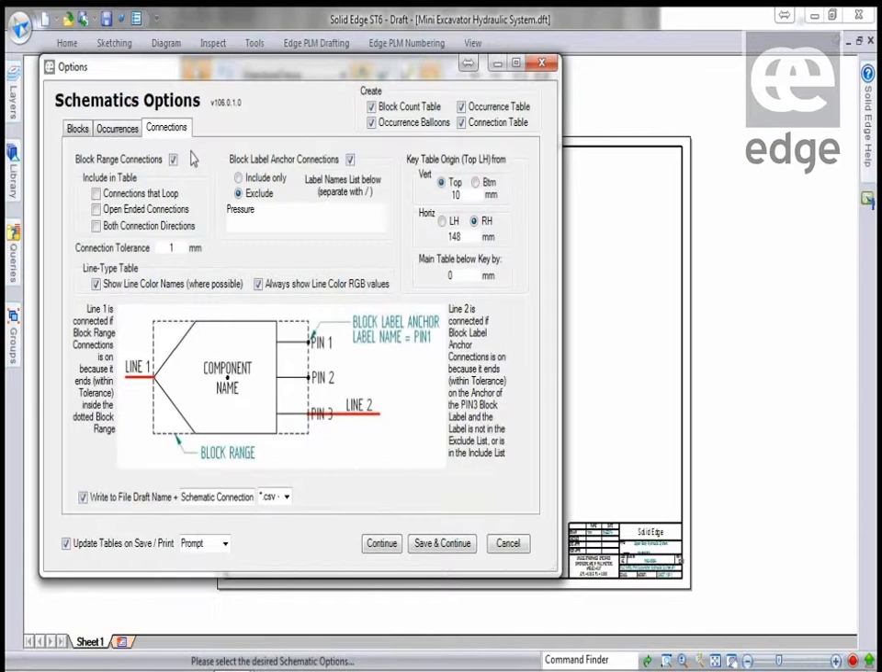Lastly, we've got the connections table. Now, this allows us to control how connections to a particular block are determined. We can use block range connections, that is, anything that falls within the block definition is considered to be connected to it. We can also use what's called block label anchor connections, where, for example, you've got various pins on a component, you can give them names and it will determine which of the pins it is connecting to